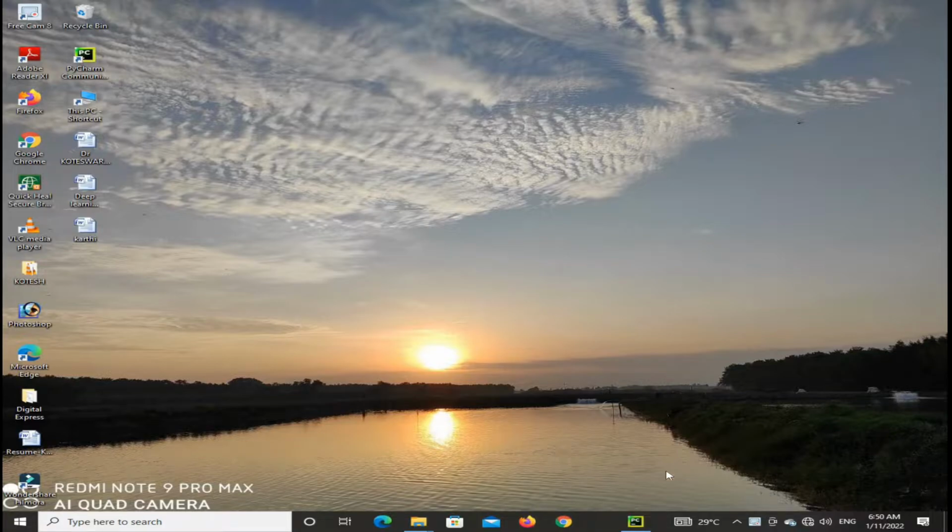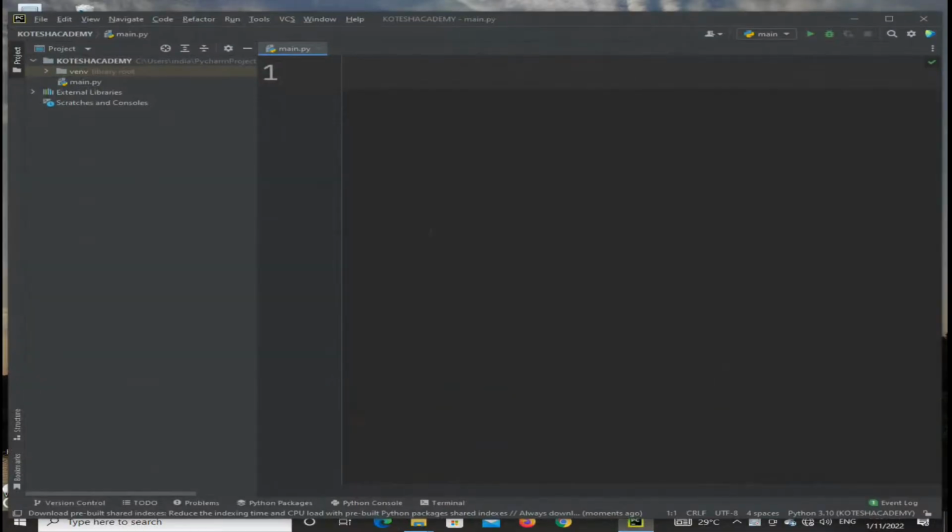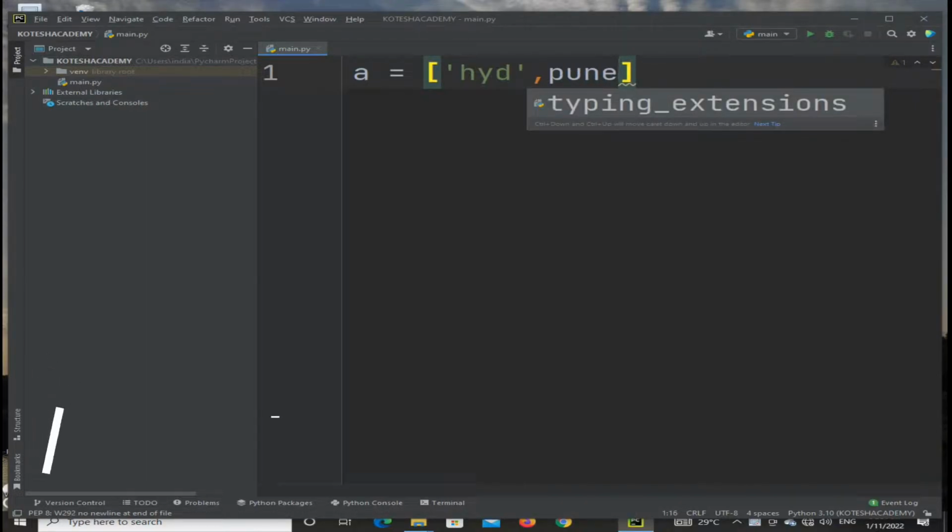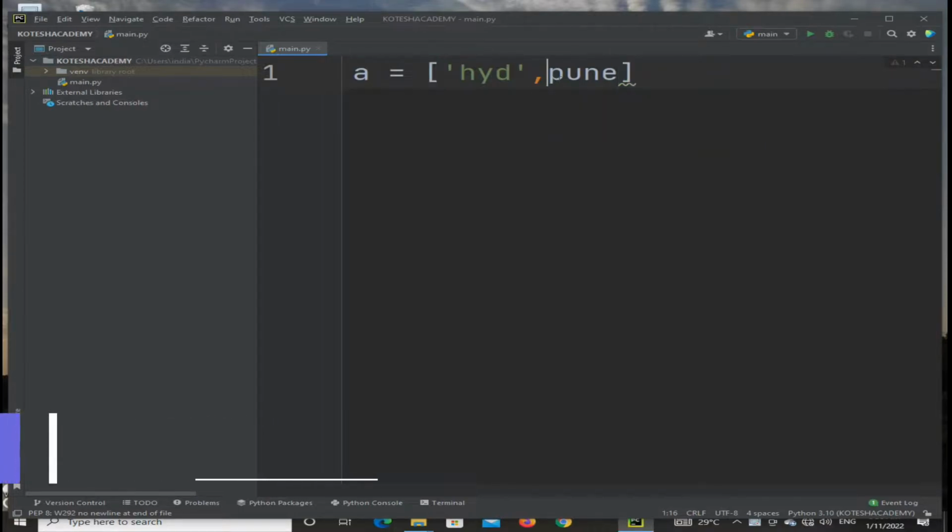Now, the Python add list items are implemented in PyCharm. The first one is append items. Simply, I am considering here A is equal to, in square brackets, I am representing that value is Hyderabad. Next one is Pune in single quotation.